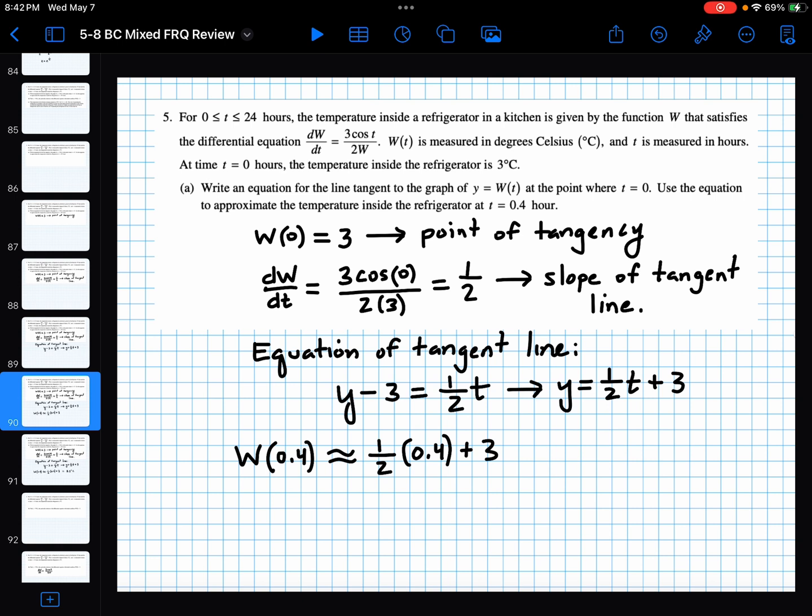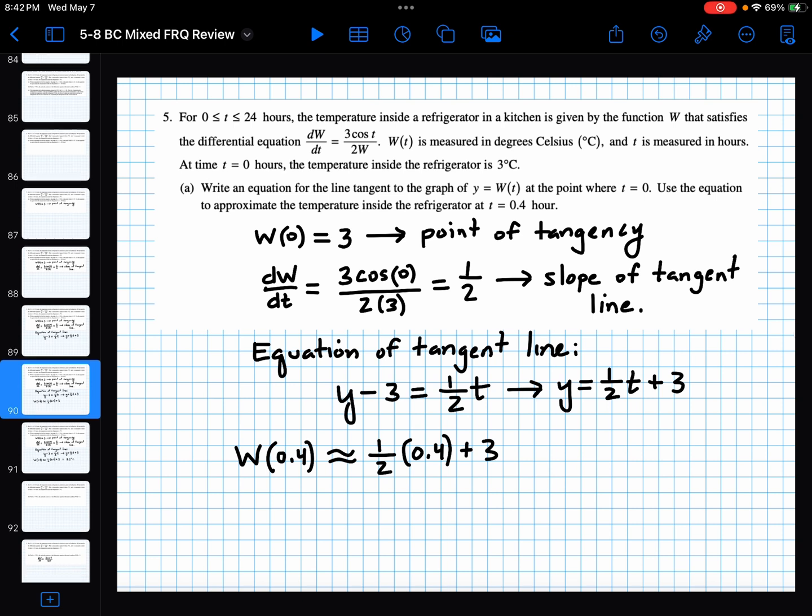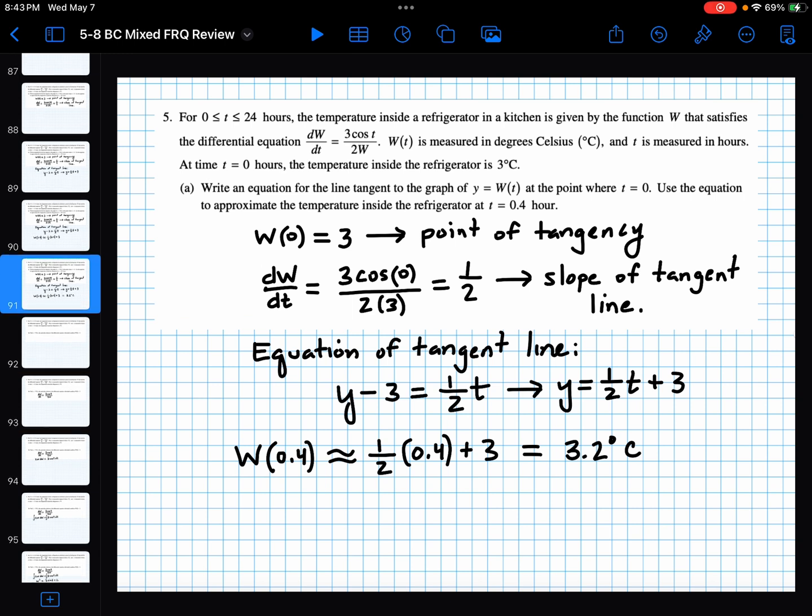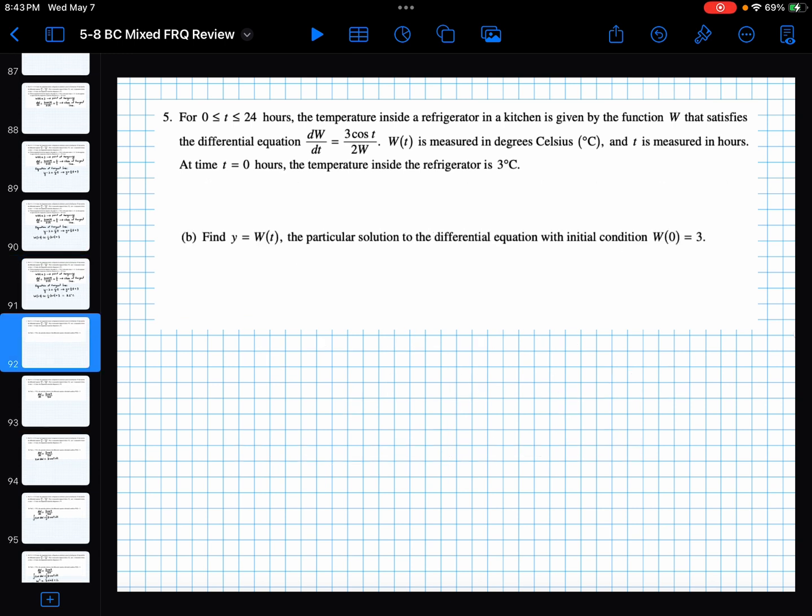So W of 0.4 is approximately equal to the tangent line version of that. And when you work this out, 0.4 is 4 over 10. So 1 over 2 times 4 over 10 will be 2 over 10 or 0.2, and I'll wind up with 3.2 degrees Celsius. There's part A. Fairly straightforward. Part B. Now we have to do the particular solution of this, and here's the whole thing with